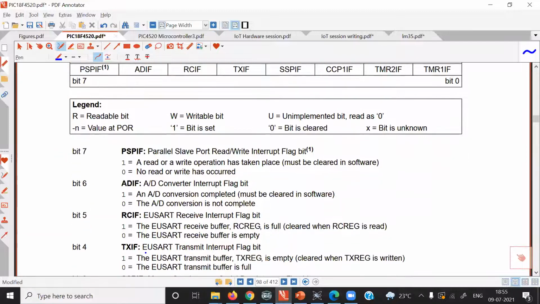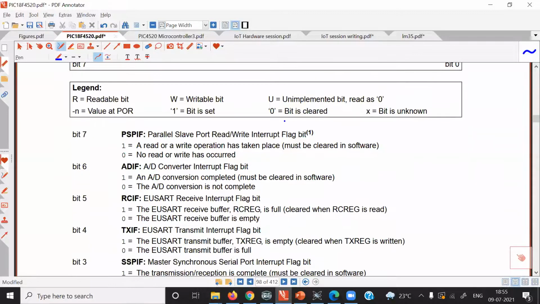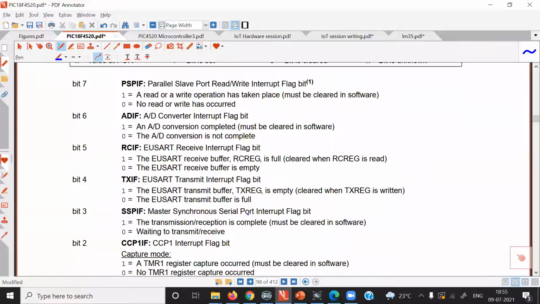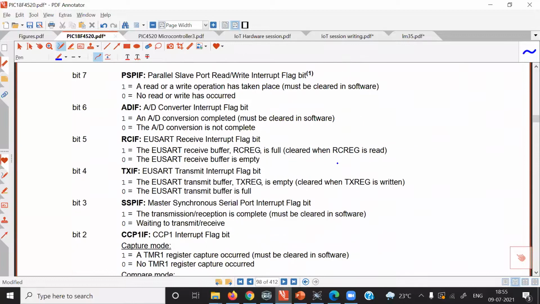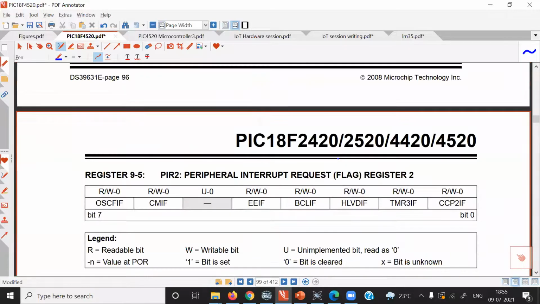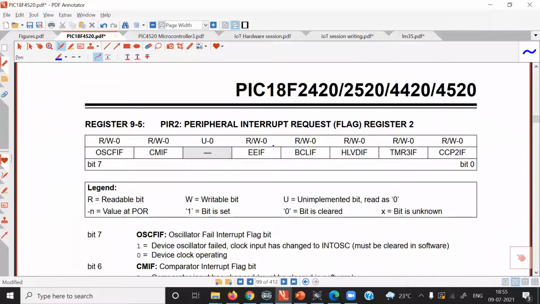TXIF, USART transmit interrupt flag bit. SSPIF, master synchronous serial port interrupt flag bit. CCP1IF, capture compare module 1 interrupt flag bit. Timer 2 interrupt flag bit. Timer 1 interrupt flag bit. So PIR register consists of basically flag bits of different interrupt sources.